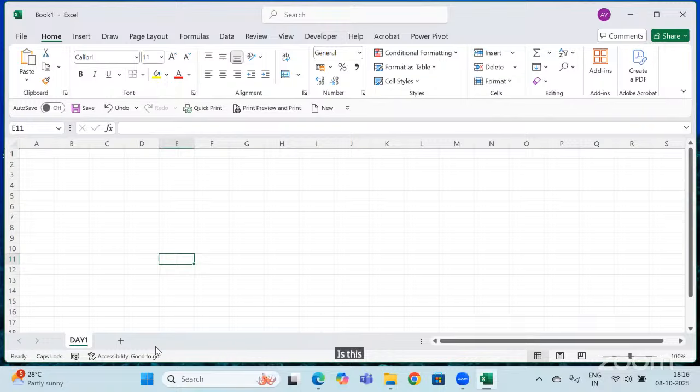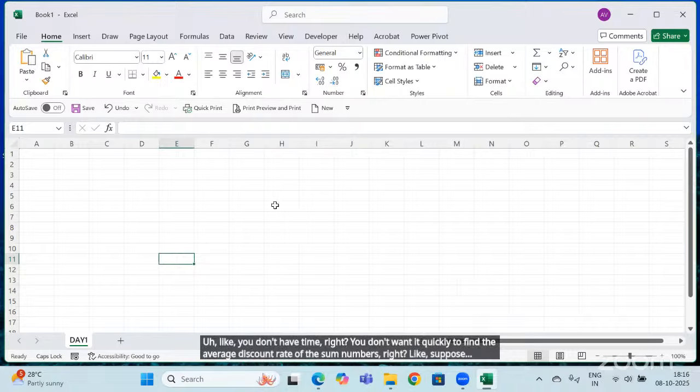Is this clear to all of you? Right? Now, come to your status bar. Sometimes when you are doing some work with numbers, you want something like the average or the count. You have those functions and formulas in Excel, but sometimes you don't have time to put them in. You want to quickly find the average and the count of some numbers.